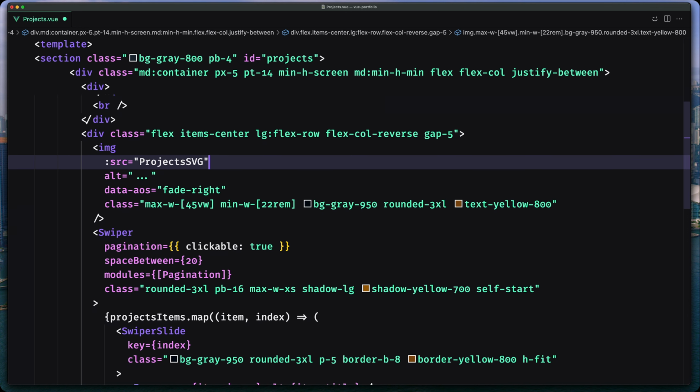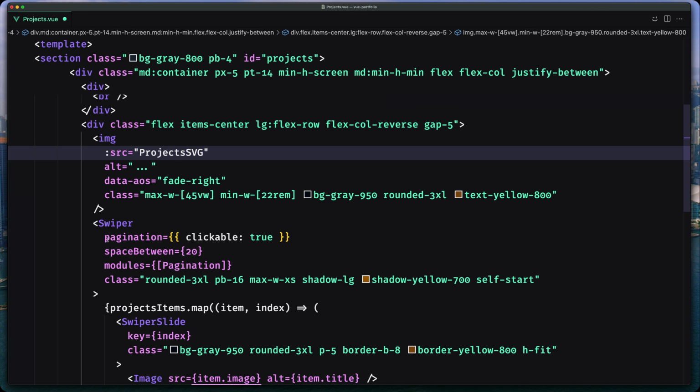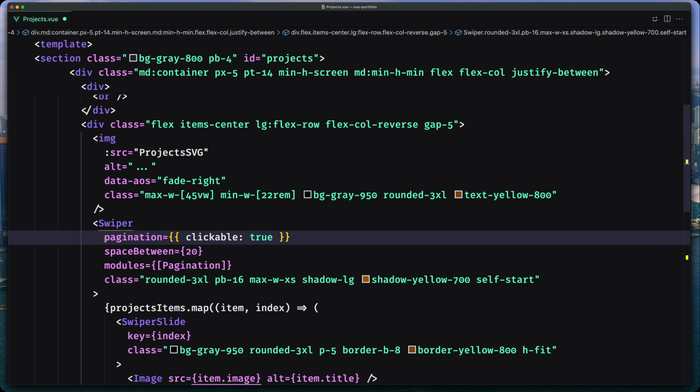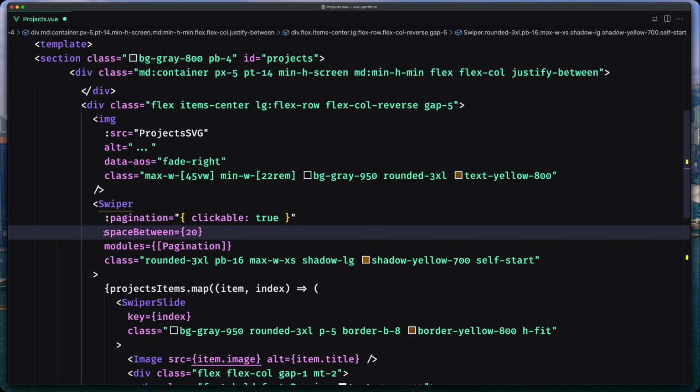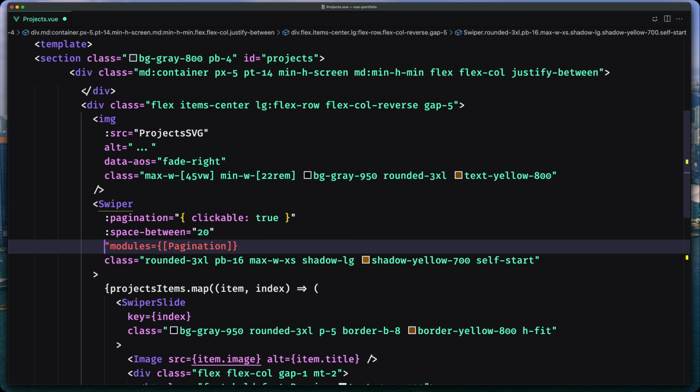Okay. Then we have this swiper, and we need to change that to work with Vue. So I'm going to bind the pagination, and instead of double curly braces, just add one space between. We're going to change that to space-between, and also here the modules the same. Bind that, change this to Vue.js